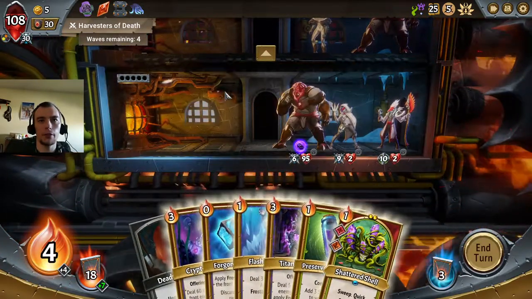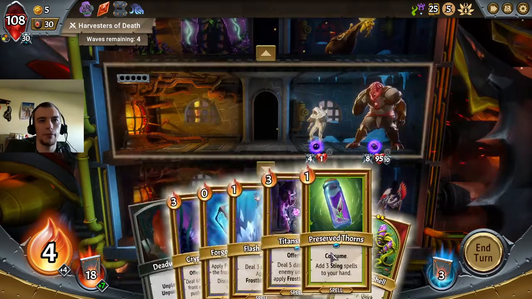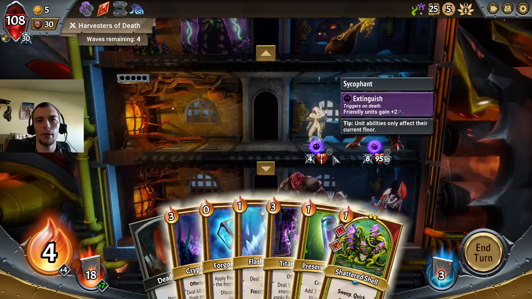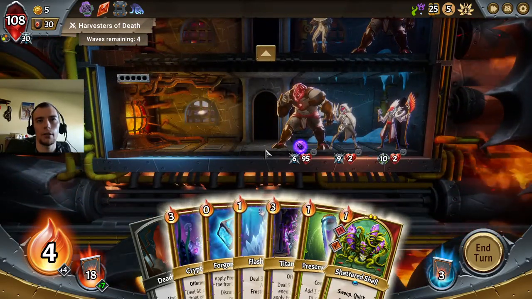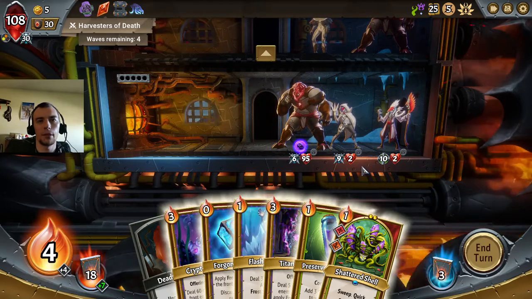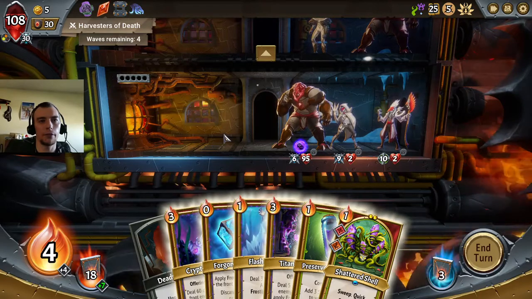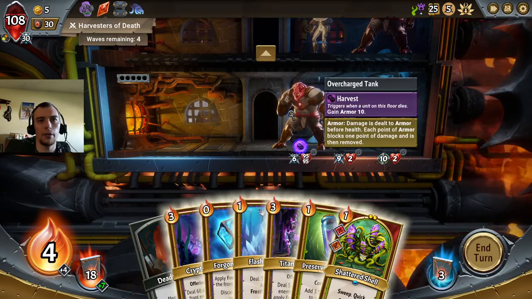Okay, well this is the kind of draw we were afraid of. We get the Shattered Shell by itself. I have no way of deploying it and having it survive, I don't think. So it only has 10 health. Yeah, if I deploy it here, it would clear these guys out and then get killed by the tank, unfortunately. So unless I can somehow kill this guy...